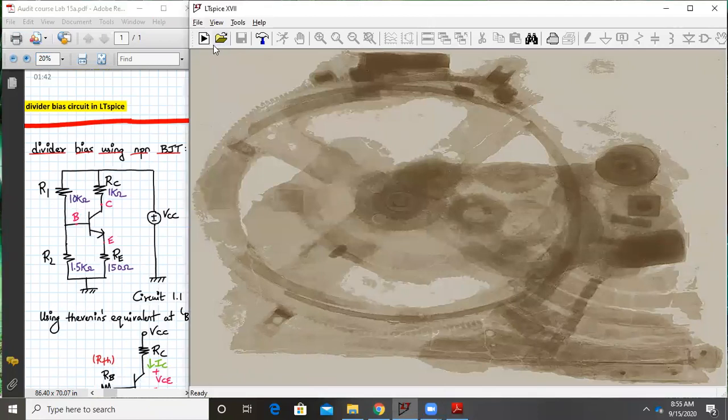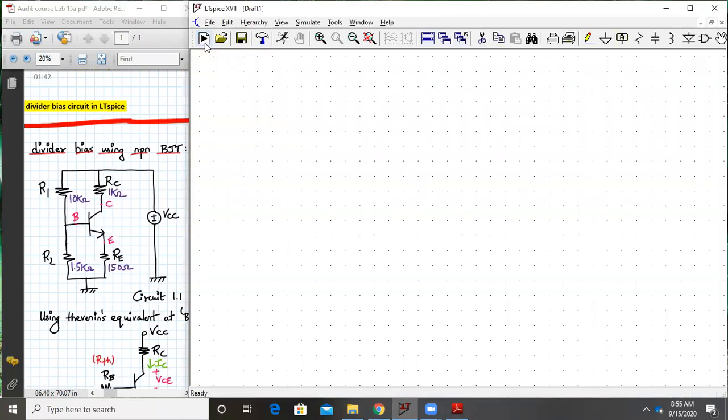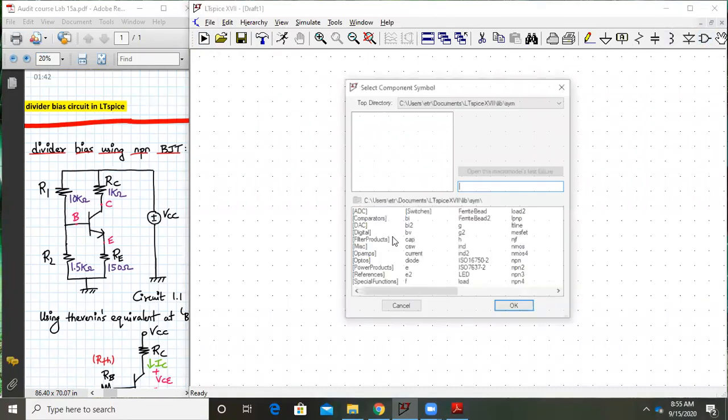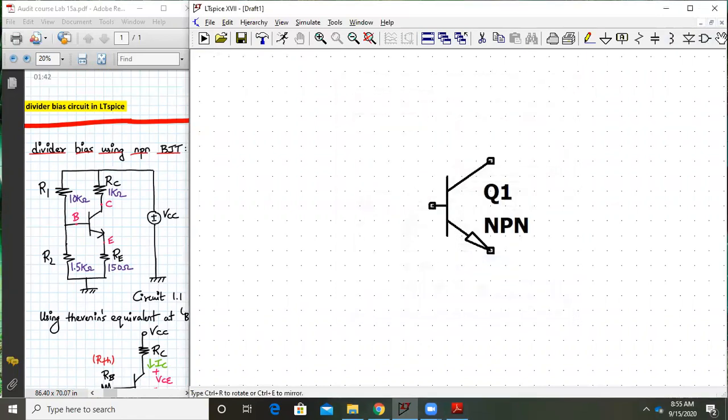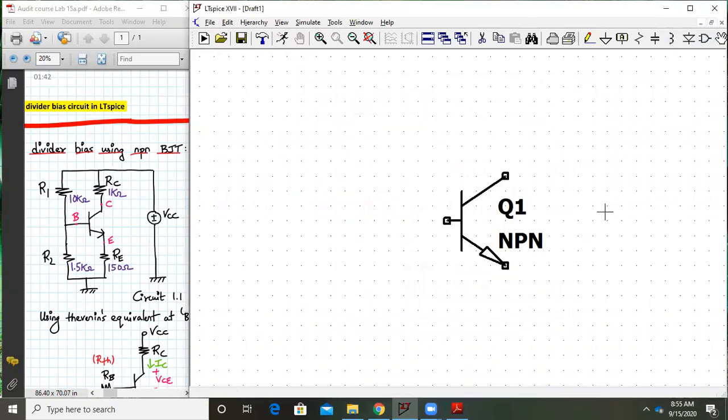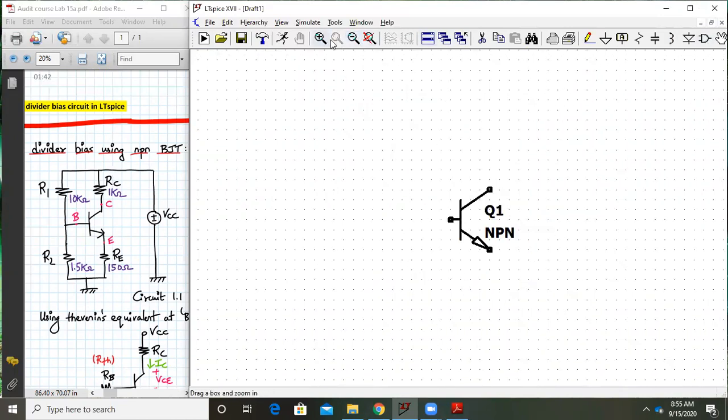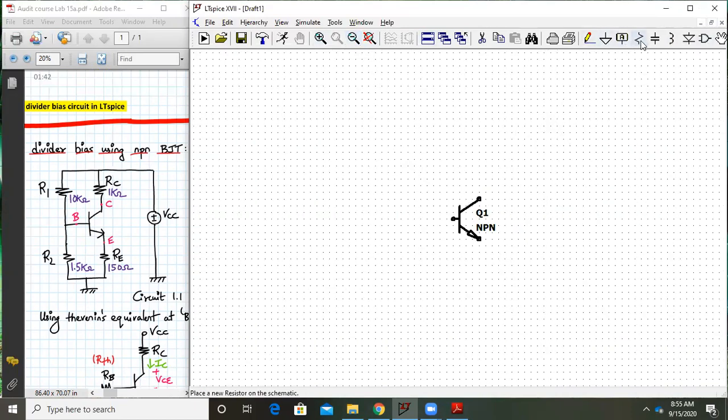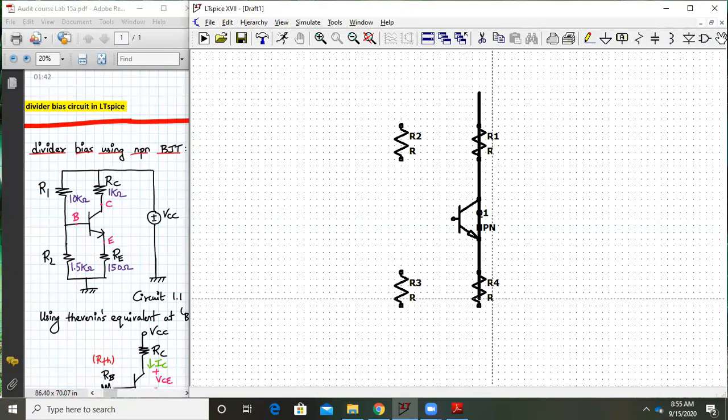Okay, so I have to build the circuit that I want. So this is my LTSpice window. You go to new schematic, and from here you need to take the various components. So go to component, type NPN and place it onto the screen. So that's the NPN transistor. Now we have to minimize a little and attach the various resistors. You can take resistors from here. You require one over here, one more over here. Then we require two resistors, one over here and one over here. Now we join them with a wire. So it's pretty simple.